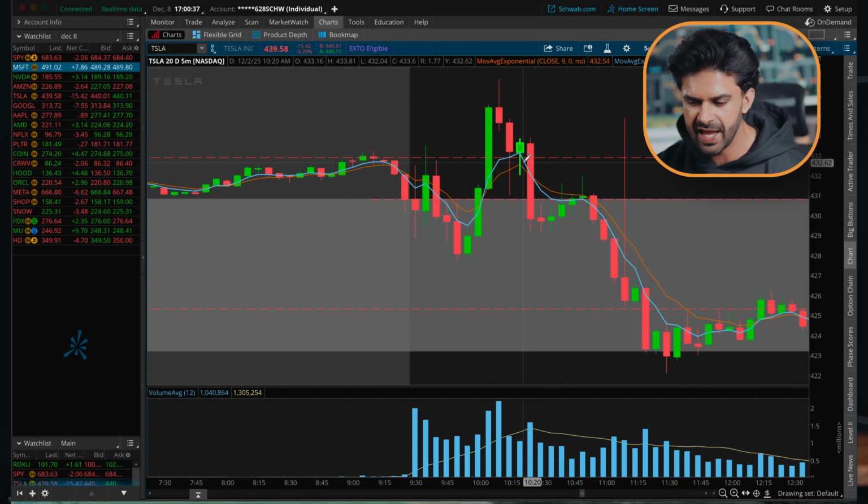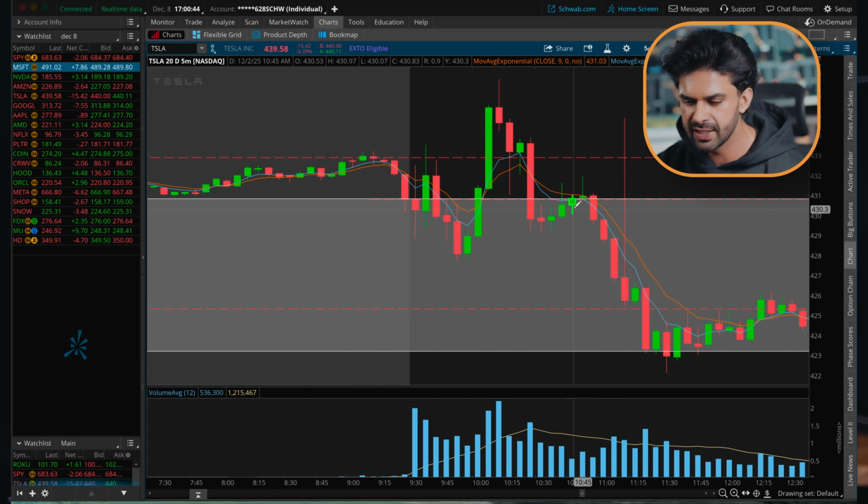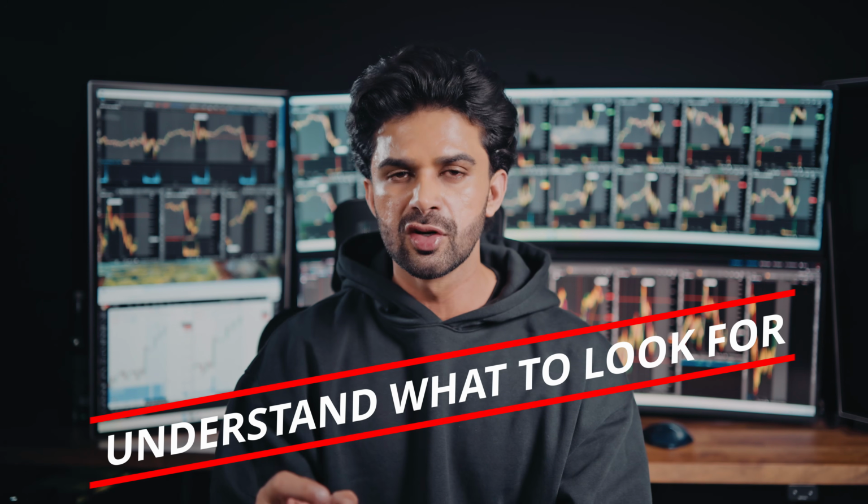And later on in the day, where we do break under this level, buyers try to get us back above that key pivotal point, which is our opening print, right? We're not able to hold, and this is where finally buyers give up, sellers take control, and we get pushed right back down. All right, and this is what you want to focus more on, because when you have your opening print, you have your pre-market high, you have your day's high and opening range, there's so many strategies that you guys can come up with as long as you understand what to look for at that level. If you don't know what you're looking for, you're pretty much just going to be getting faked out every time